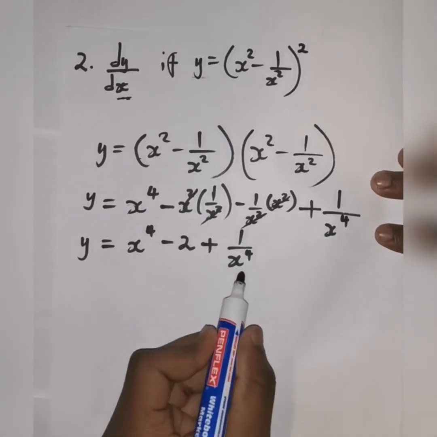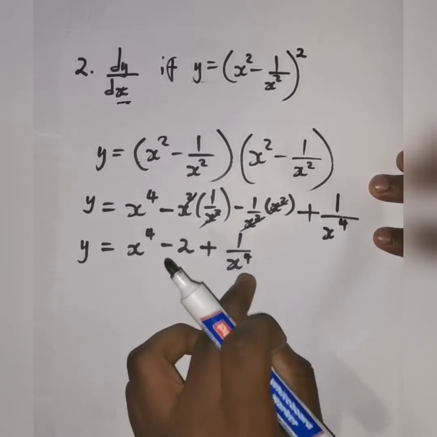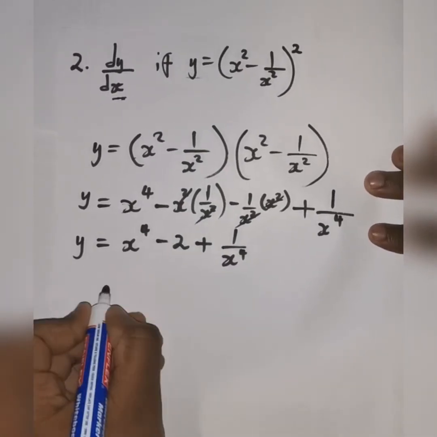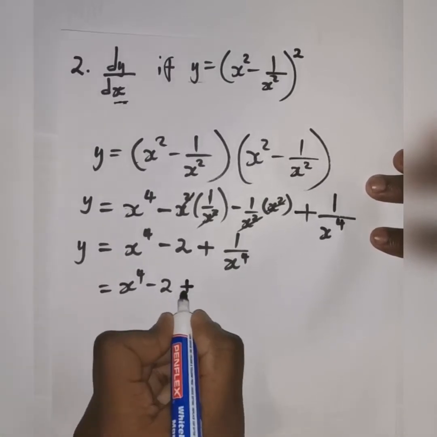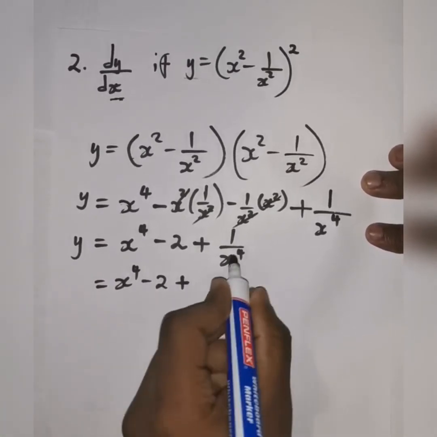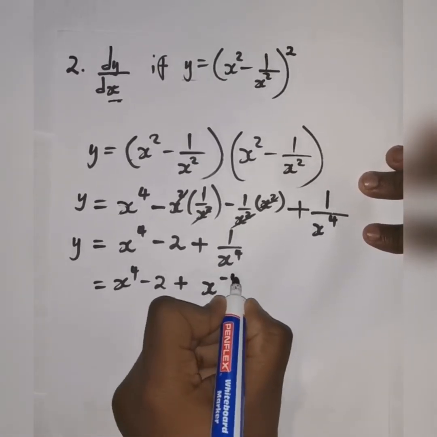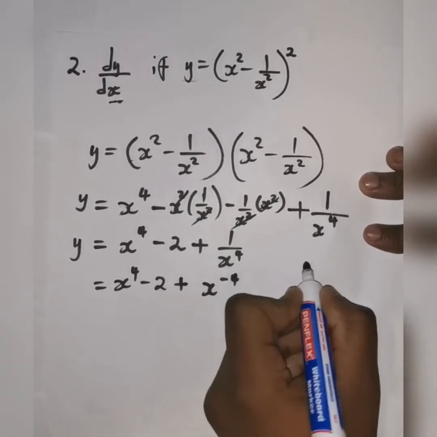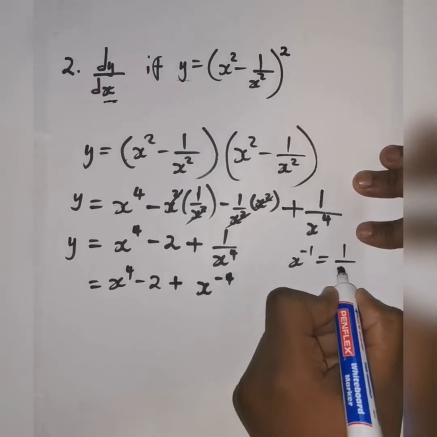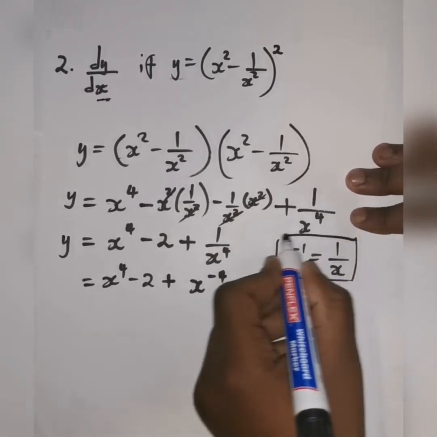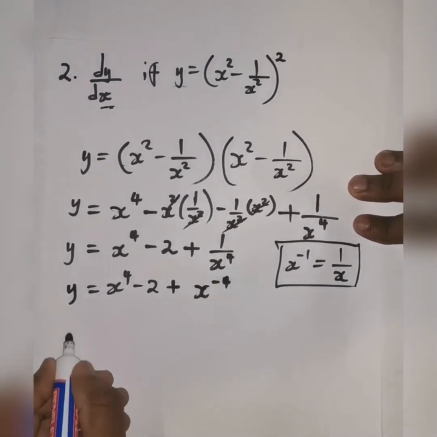let me first, when we have a fraction like this, it's best that you invert the fraction and you put it in the following way. When you invert it, when you take this up there, it's going to get a negative power, so -4, right? As you know, x to the -1 is equal to 1 over x. So yeah, this is what I applied to invert this one right here. So yes,